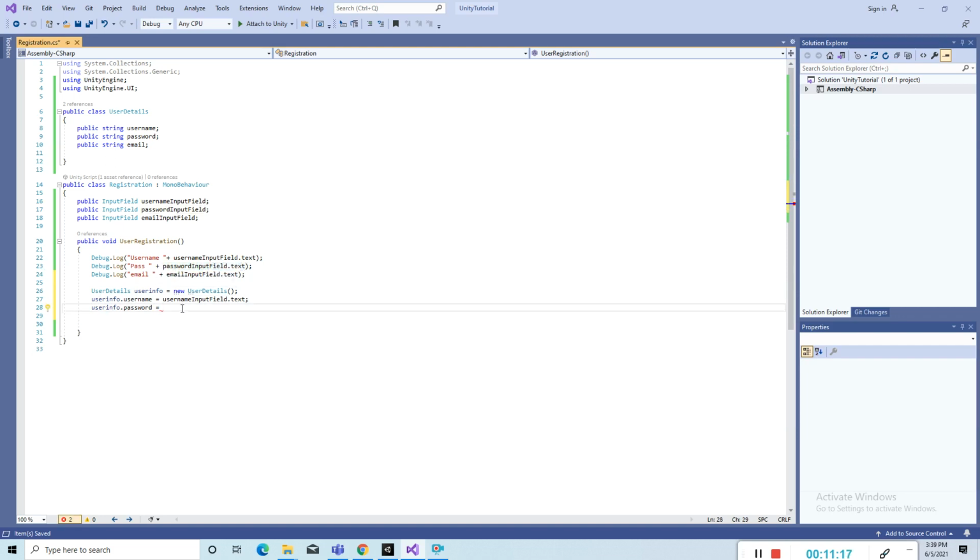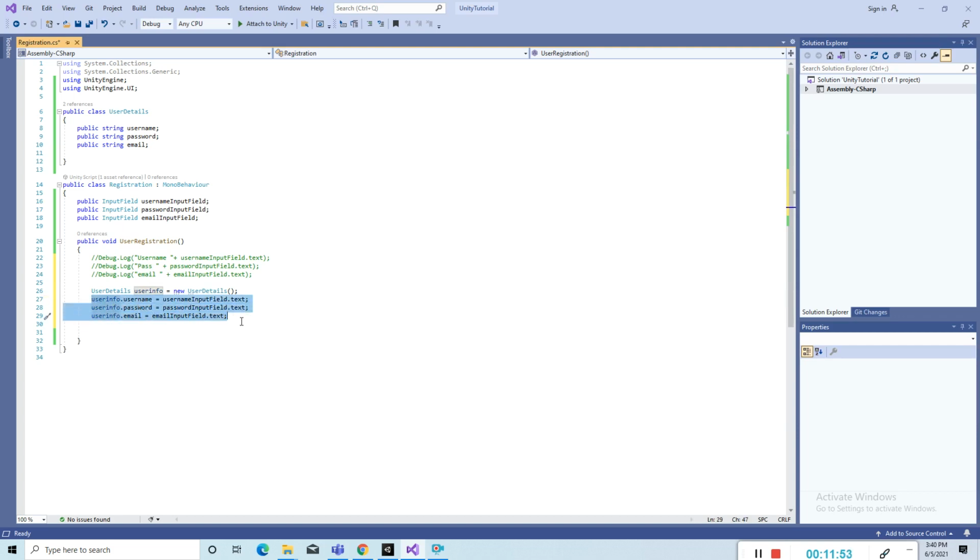Just userInfo.email. Okay, so the email details I have to store into this email field. Right now I don't need this, I can comment it out.